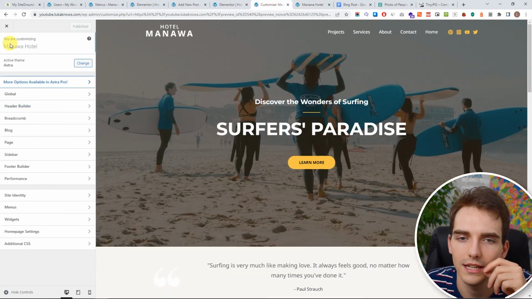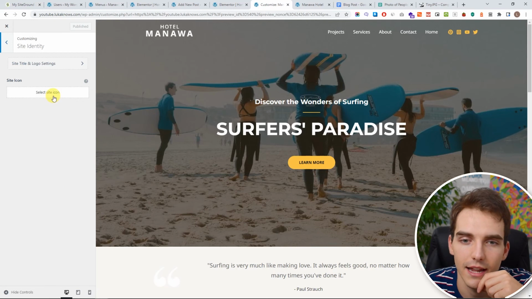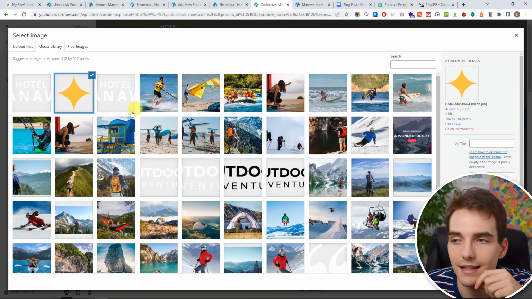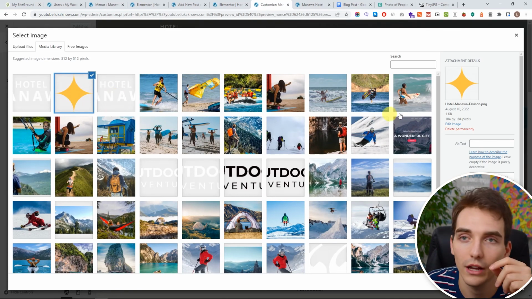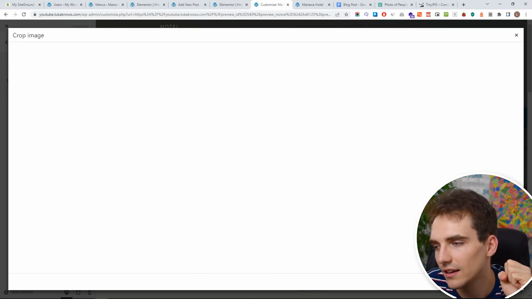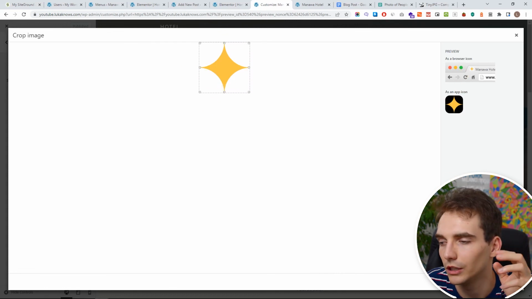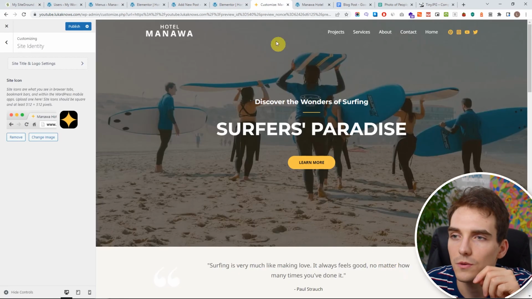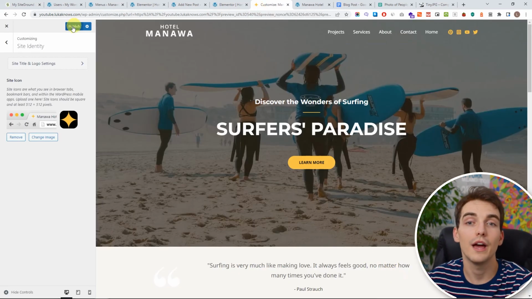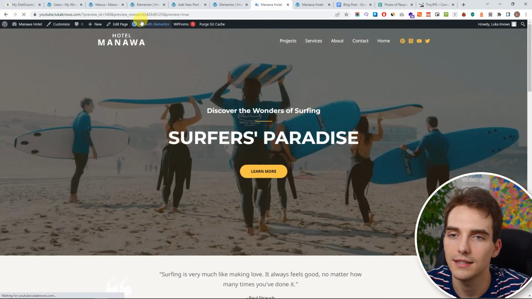So let's fix that. We actually want to go inside here, go to Site Identity, hit Site Icon, and select some small icon you have. You can see this is 1 kilobyte, so this is really tiny. I'm going to hit select, make sure nothing is being cropped. And here you can see what it will actually do. I'm going to hit crop image. And now we no longer have the WordPress logo. So now I'm going to hit publish, exit this time,